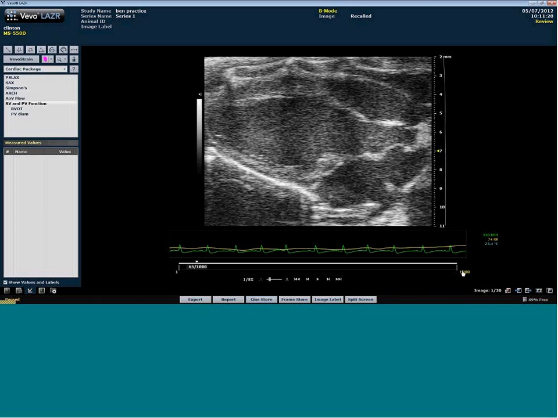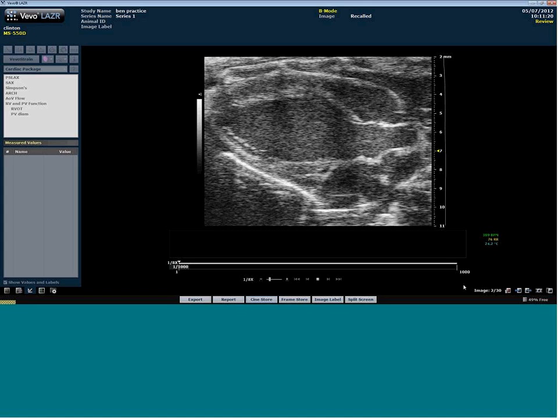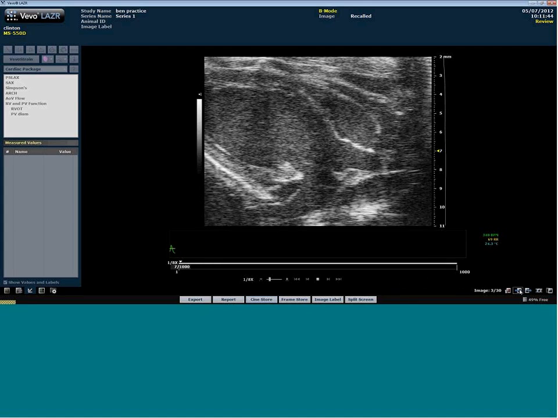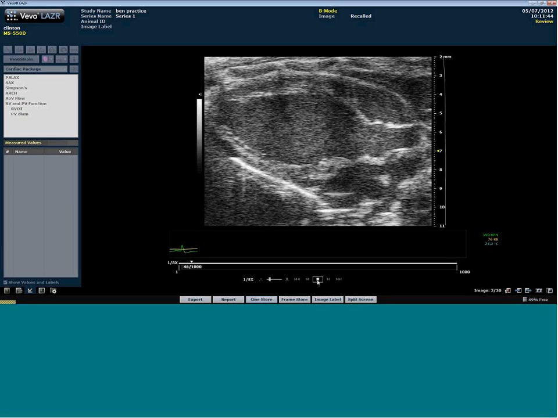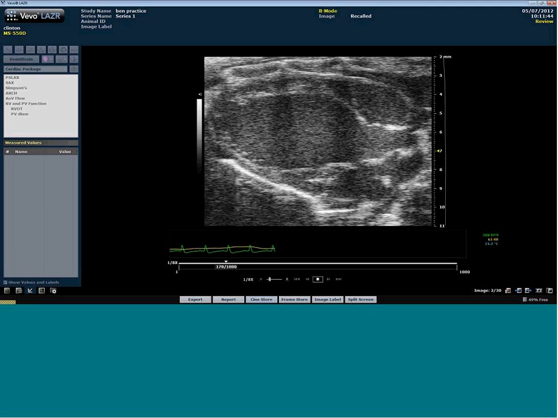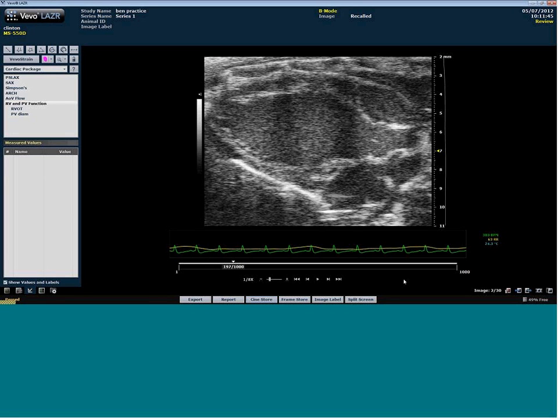So these clips are 1,000 frames long. I would not recommend putting that many frames into VevoStrain. It's a lot of data. It will slow the system down, and you may end up with some weird errors from things like buffer overflows and memory issues. So I would recommend making the clip smaller before you go into VevoStrain, and you do that here at the side where it says 1,000